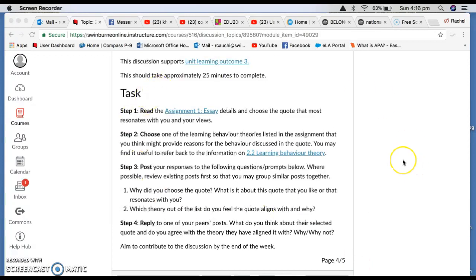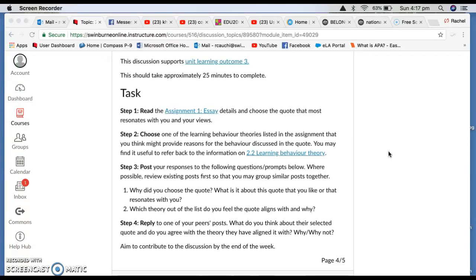So as you can see on the screen at the moment, I've got the DB post for this week up, which is basically asking us to get things ready for assessment 1. So hopefully you've already had a look at assessment 1, maybe you've even had a look at the flipped collab just to get your head around things, because we need to have an idea of what theory we're going to choose. Just because you choose one here on the DB doesn't mean that you need to use it for your assignment, but it's probably a good starting point or good practice for you to be able to link some of the learning theory to some of the overt behaviours.